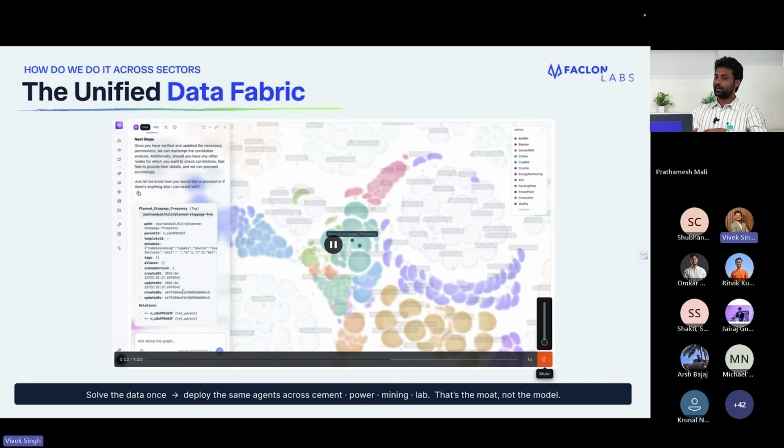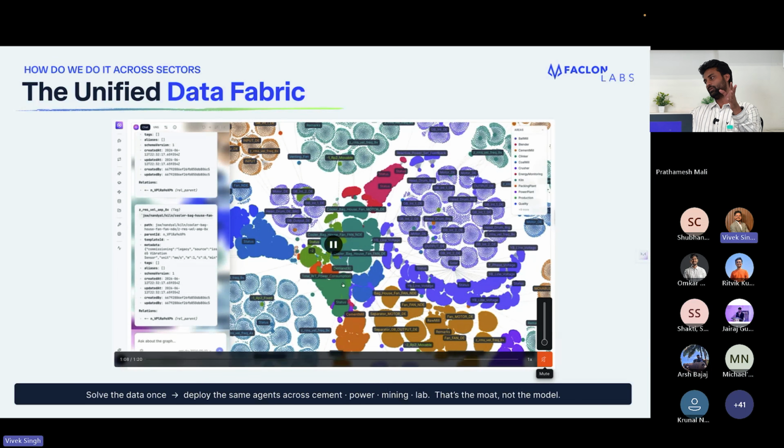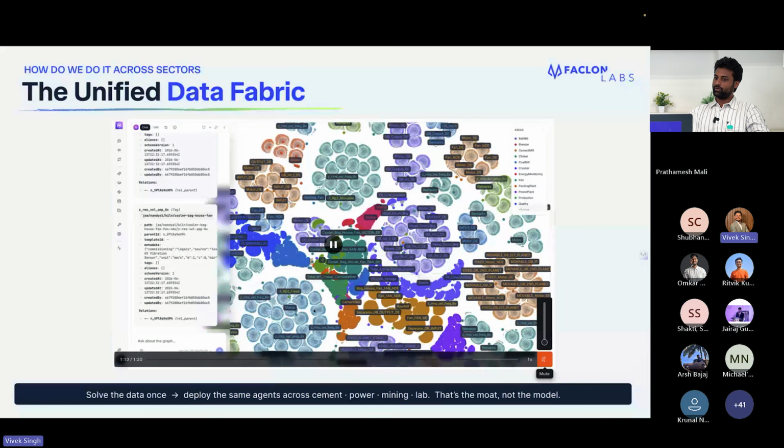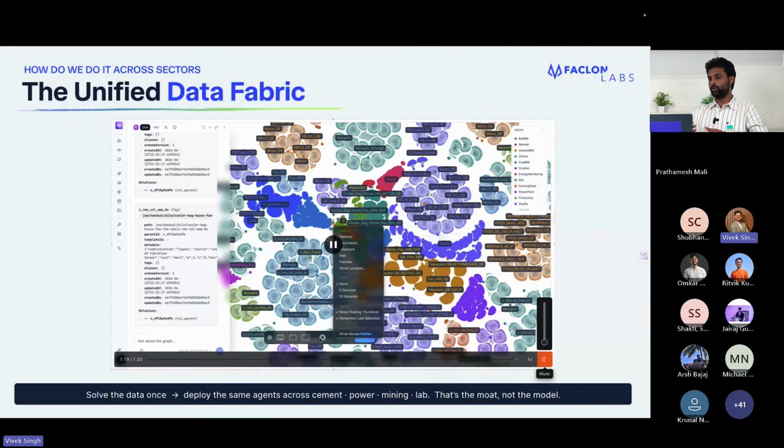Now the next thing that an agent needs is to understand what the relations are. Let's say it will have to draw a causal reasoning: if there is a change in a particular KPI or a particular measure, then there will be a causal model between the KPI and the actual processing parameter. So then what we did is we taught our LLM certain skills. It could be around domain expertise, like production improvement, throughput improvement. It could be around breakdowns, like corrective actions that you have to take once a breakdown happens.